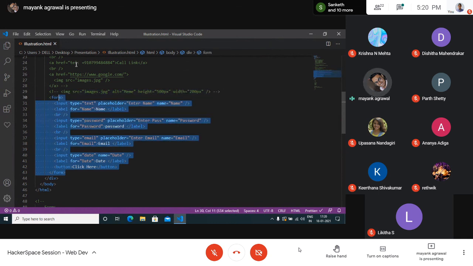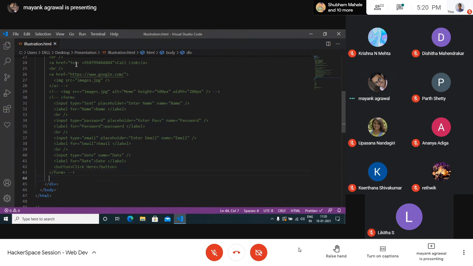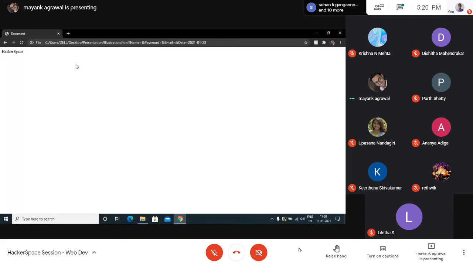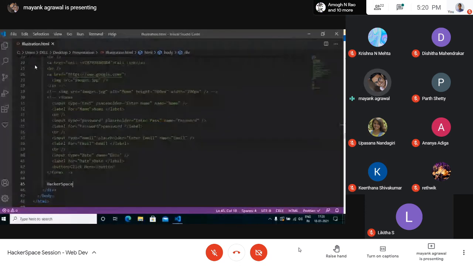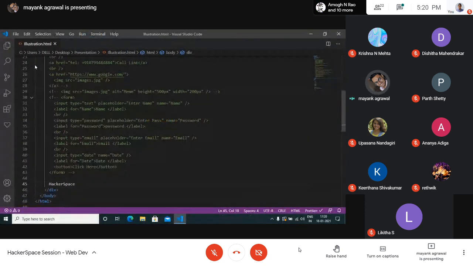There are a few tags which are also called the styling tags. For say, let me type anything random. So yeah, this is a normal text. And also one more thing, in order to write any content on a website, you don't actually need a tag around it.